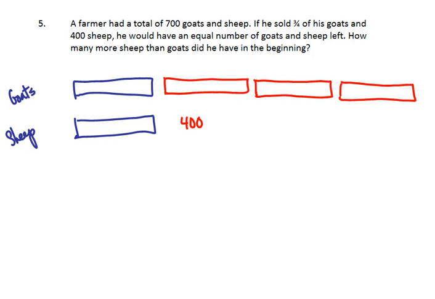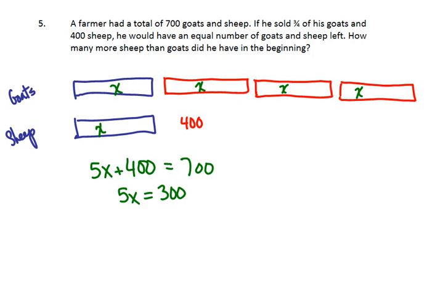Well, that leaves us 1, 2, 3, 4, 5 of those equal sections plus 400 has to equal 700. Well, if we let each of those rectangles represent X number of animals, then originally there were 5 times X plus 400 equals 700 animals. Subtract 400 from both sides and we end up with the fact that those 5 rectangles worth of animals add up to 300 animals, or each rectangle